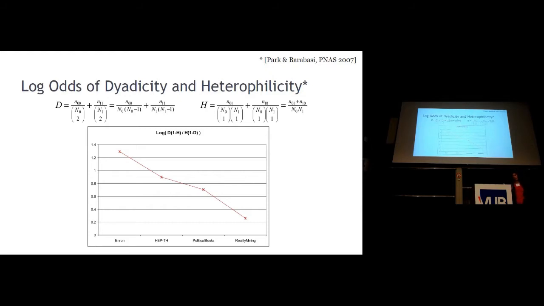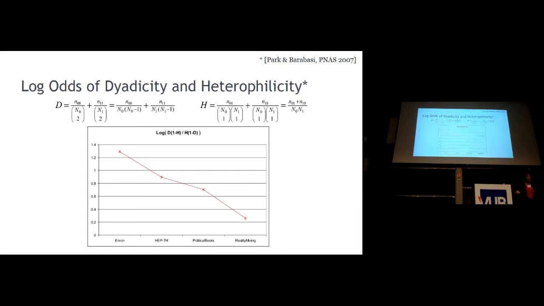count the number of edges that I have between a node that is labeled 0 and a node that is labeled 1, and then again, I'm going to offset it by what I would expect in a random situation. So they also cared about the direction, so this would be for a directed network. The number of cases where one node is linked to a 0 node, and so on and so on. So this is the log odds of dyadicity versus heterophilicity, and again, the log odds of an Enron